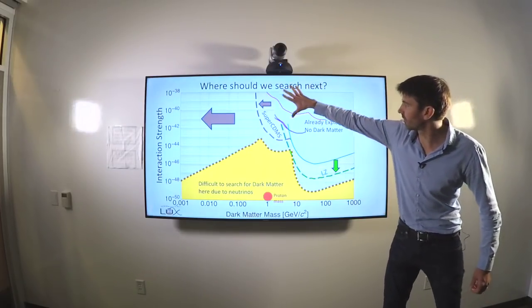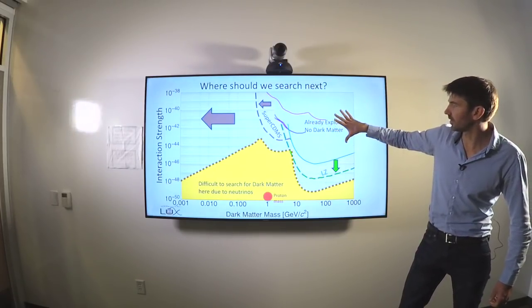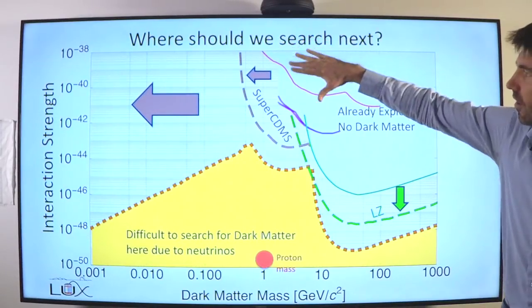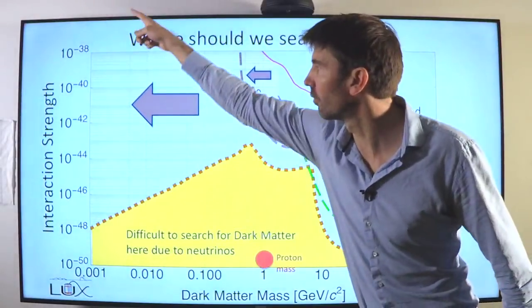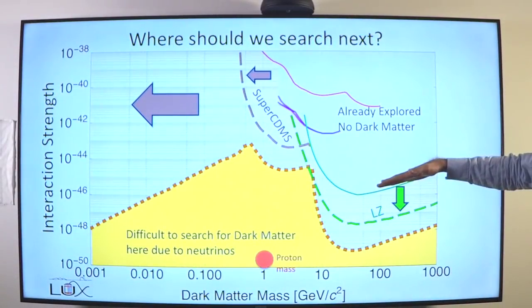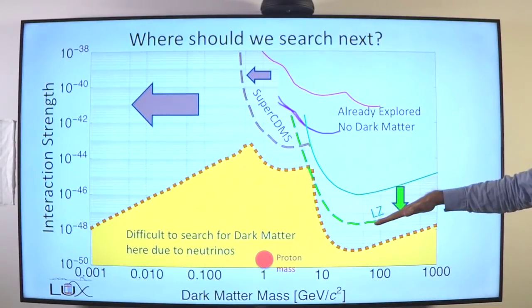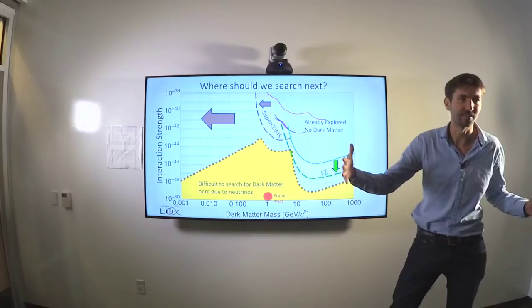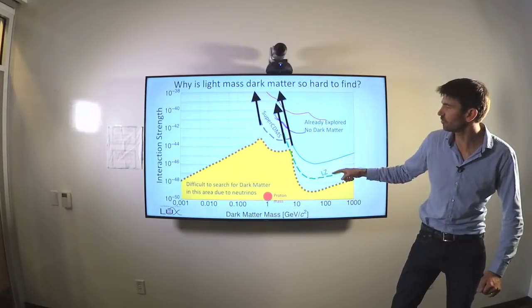So this is what we've already explored, this area of higher mass dark matter candidates with large interactions. So interaction is on the y-axis, and mass is on the x-axis. And LZ, Dan just told you about, is going to push down to lower interaction strength between us and dark matter. And to do this, we're going to make LZ bigger. So this is why LZ is a 10-ton experiment. And it's this huge challenge.